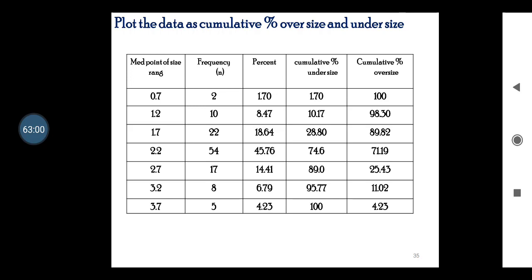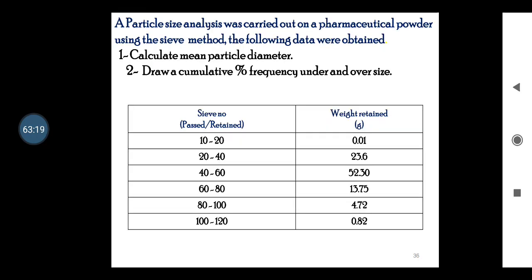So with the help of these figures or numbers, if you take them out of this column and plot the graph in an Excel sheet, then it is very clear that you will get a graph which is cumulative based. This is another example I have cited here, by which one can easily plot the histogram, because you can see the sieve numbers I have given are in ranges: 10 to 20, 20 to 40, and so on up to 100 to 120.